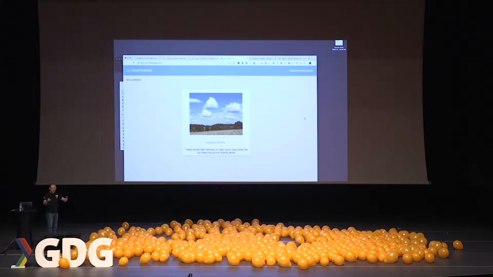So the model now has said that this is a cumulus cloud, 98% accuracy. And with our friend the meteorologist, he told us that cumulus clouds, that's great news because those show up on beautiful days when we have nice calm air and that we don't need to do any airplane rerouting in this case. Let's go get a second photo.